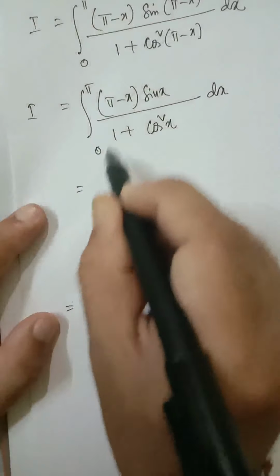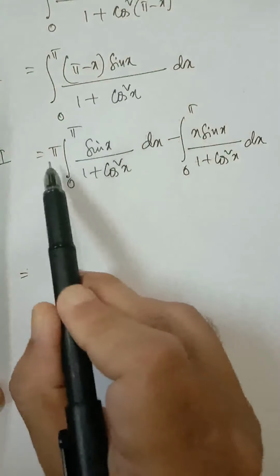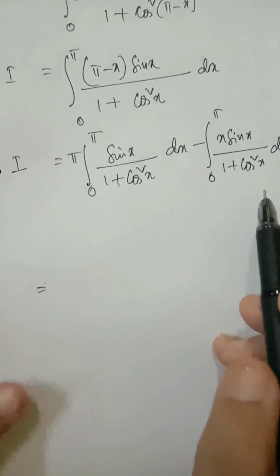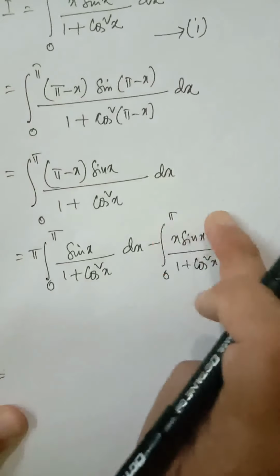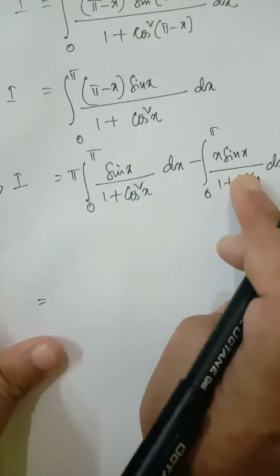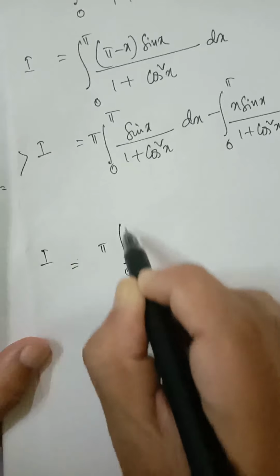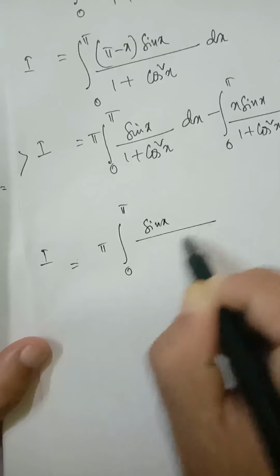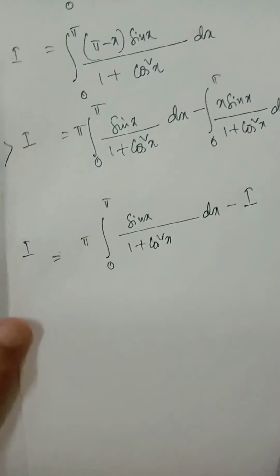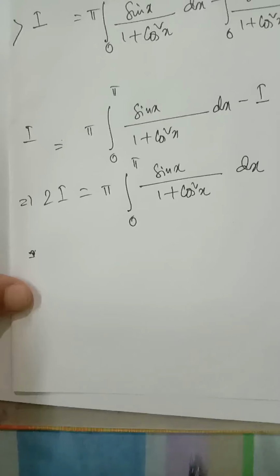Okay, now we'll separate the integrals. Now separating the integrals, we get pi into sin x by 1 plus cos square x, minus x into sin x by 1 plus cos square x. Now this integral 0 to pi x sin x by 1 plus cos square x is I. The value of this integral is I. So I equal to pi into integral 0 to pi sin x by 1 plus cos square x dx minus I. Now bringing this I to the left hand side, we will get twice I equal to